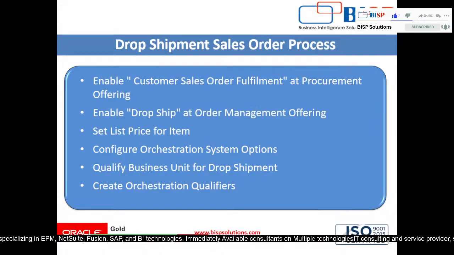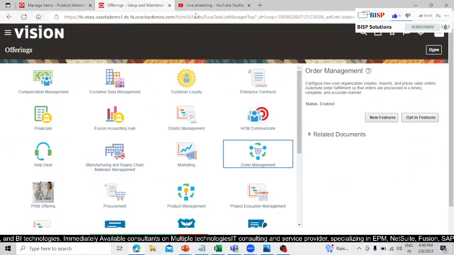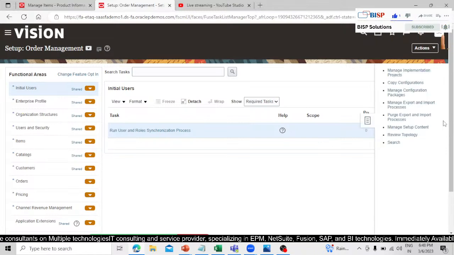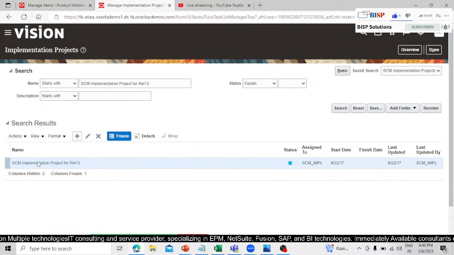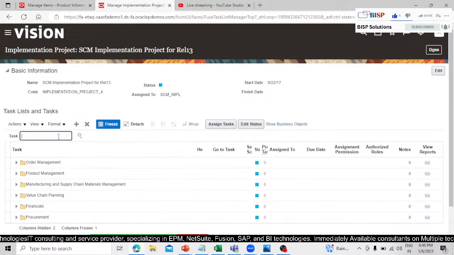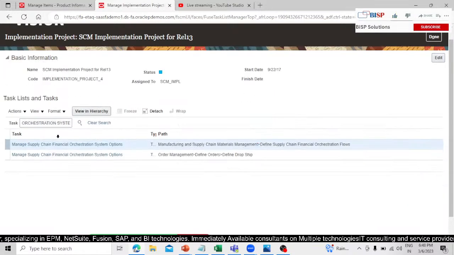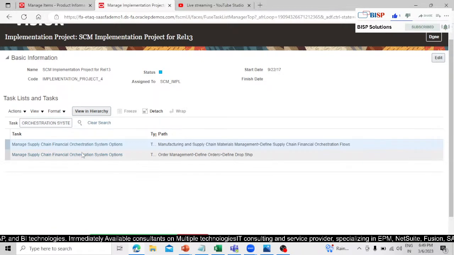Now let's go to the next setup. This is configure the orchestration system option. So again go to this one, go to now. Click on this task list, go to the manage implementation project. We have the project. Now we have to search orchestration system. We have the supply chain financial orchestration system option. Now go with the order management,